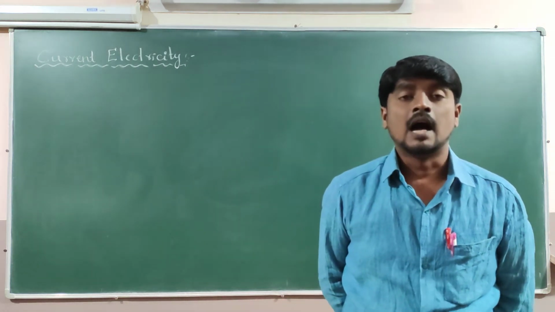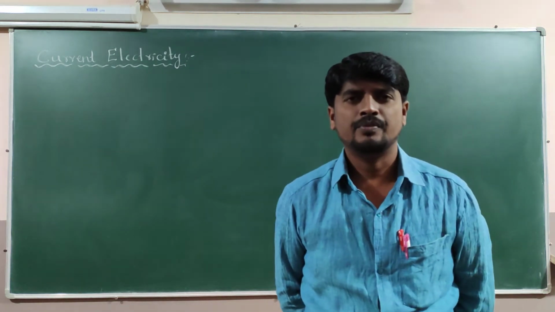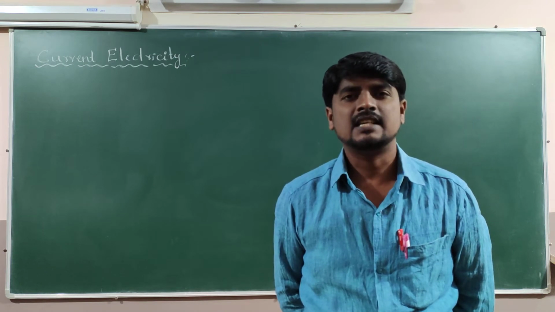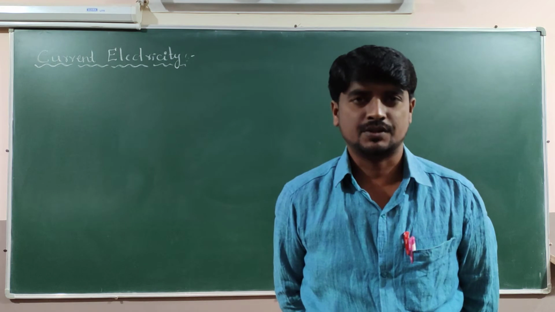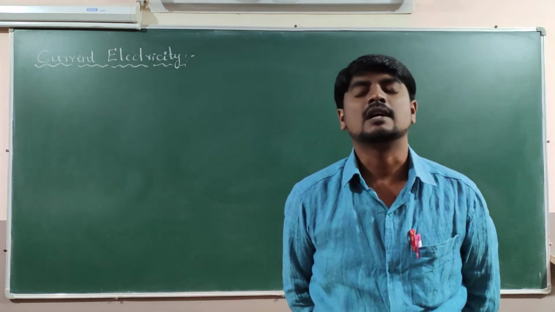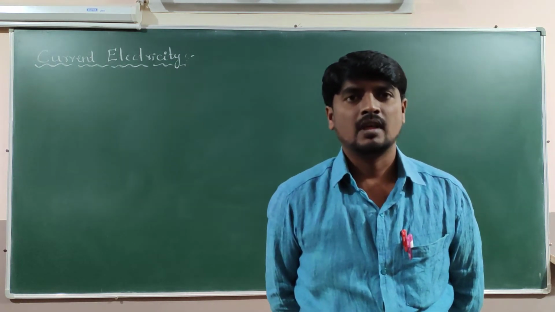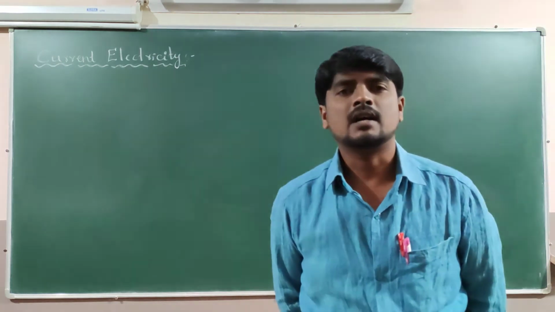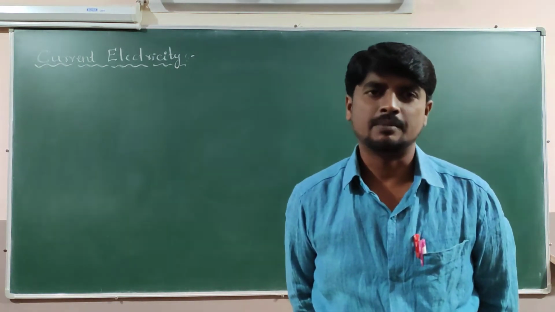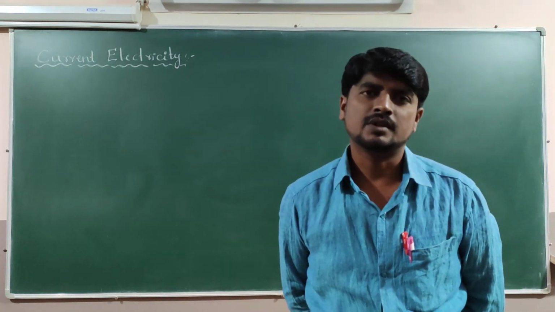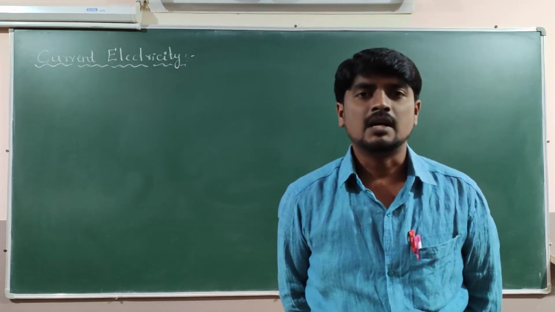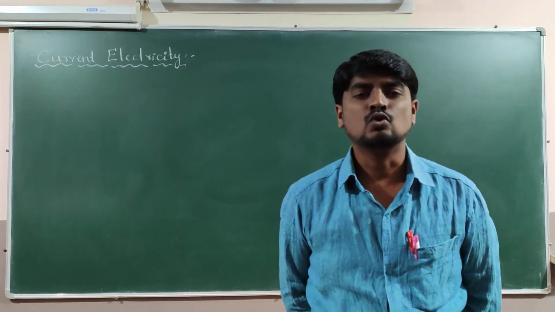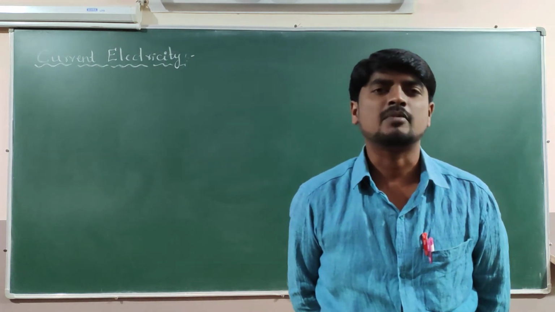And among 14 chapters, the chapter Current Electricity is the biggest chapter, which covers 15 hours of teaching hours and carries maximum marks out of 14 chapters. That means 13 marks in this chapter total. Out of 13 marks, 1 mark, 2 marks, 3 marks, 5 marks, all types of questions will be asked